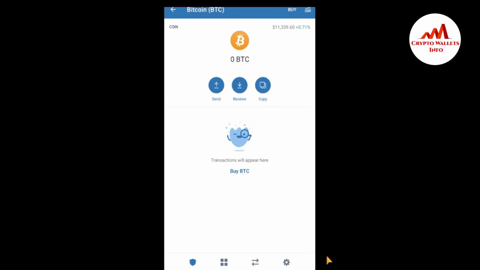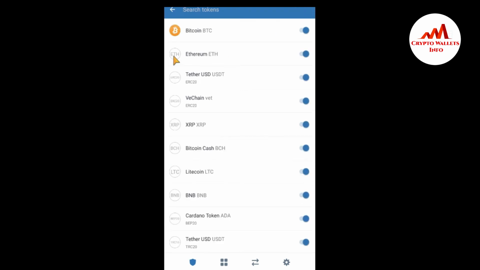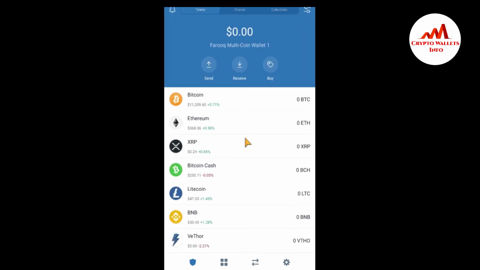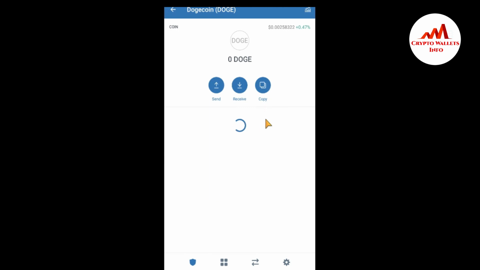Click back and go to the search bar. Dogecoin is not available in my interface, so I'm first going to show Dogecoin in my interface. You can see Dogecoin is available here.